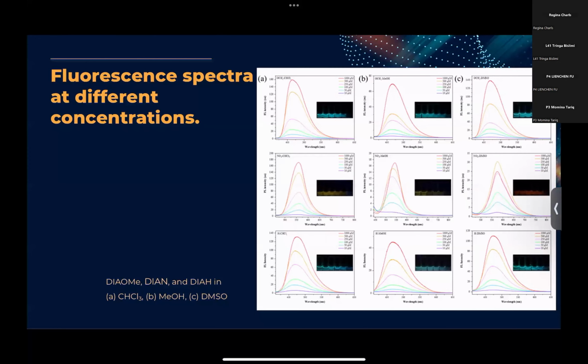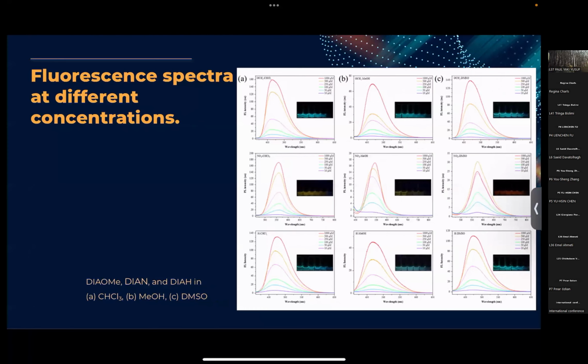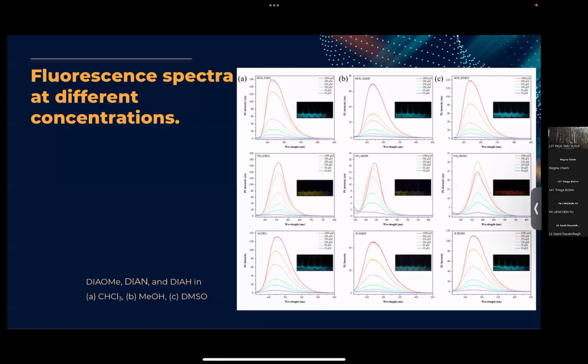A clear trend emerges, indicating that within the same solvent, the AIE effect becomes increasingly pronounced as the concentration rises. The solution images under UV lamp in the figure vividly portray the enhanced fluorescence intensity corresponding to elevated concentration, further confirming the manifestation of the AIE phenomenon.